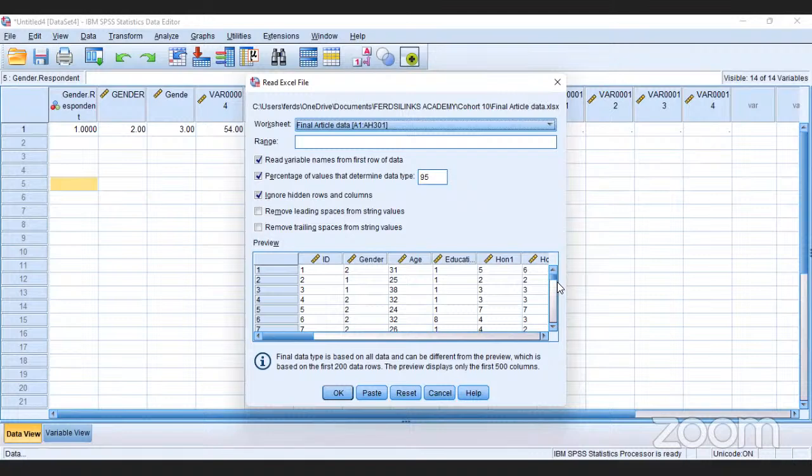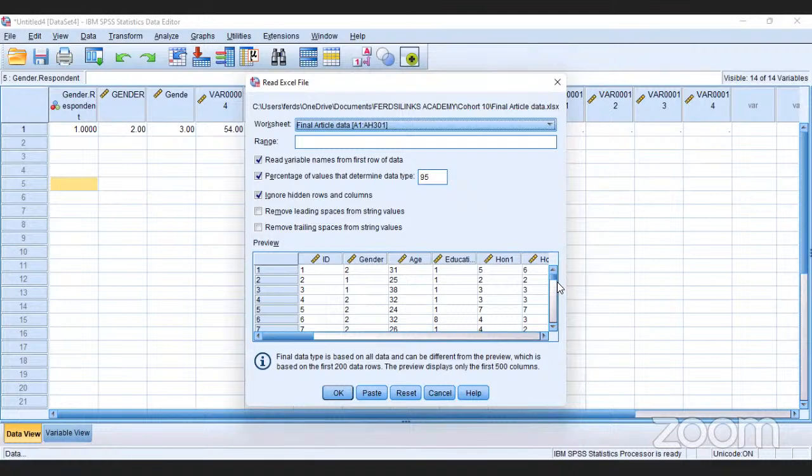Most statistical programs use the first row for the names and the second row to define the data type. The first row is for the names, and the second classifies whether the data is string, text, or whatever. So the first two rows are critical when it comes to